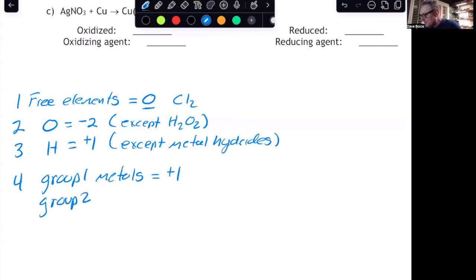And group two, those are your alkali earth metals. Those equal +2. So when you're looking at these, you have oxygen, you have hydrogen, you have all the group 1 and 2 metals, and you have the green dots on my periodic table. Those are your set charges. Those are ones you already know. Free elements, you know those are 0. And this is very important, and I'll point this out as we're going through these, but